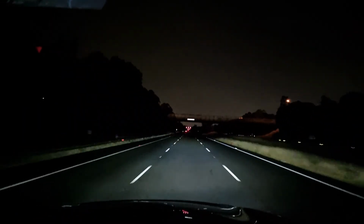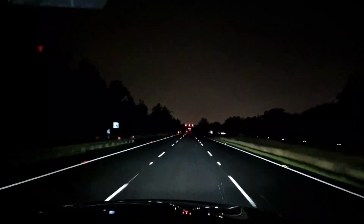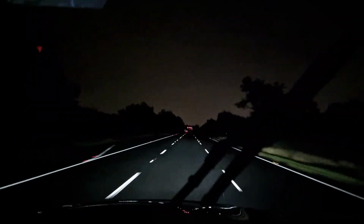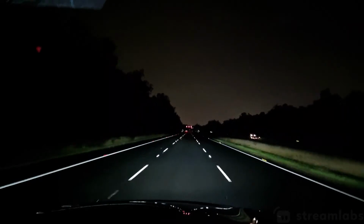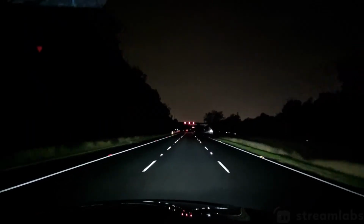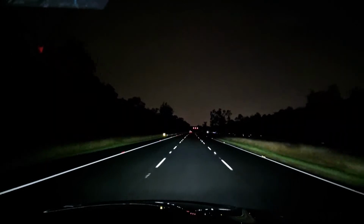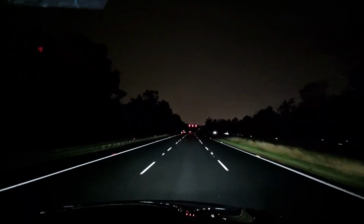With this as well, one thing I love about the X-Terrain, it's got lane keeping assist, I think it's called. So you set up cruise control, it's going along, and you turn on lane keeping assist, and pretty much all you've got to do is keep a hand on the steering wheel just in case anything happens. It doesn't drive for you, it just assists you, but it'll go through the lanes turning. It'll keep you in the middle of your lane, so as there's a bend it will stop you from going out of your lane. So you should always pay 110% attention to the road, but this just gives you that